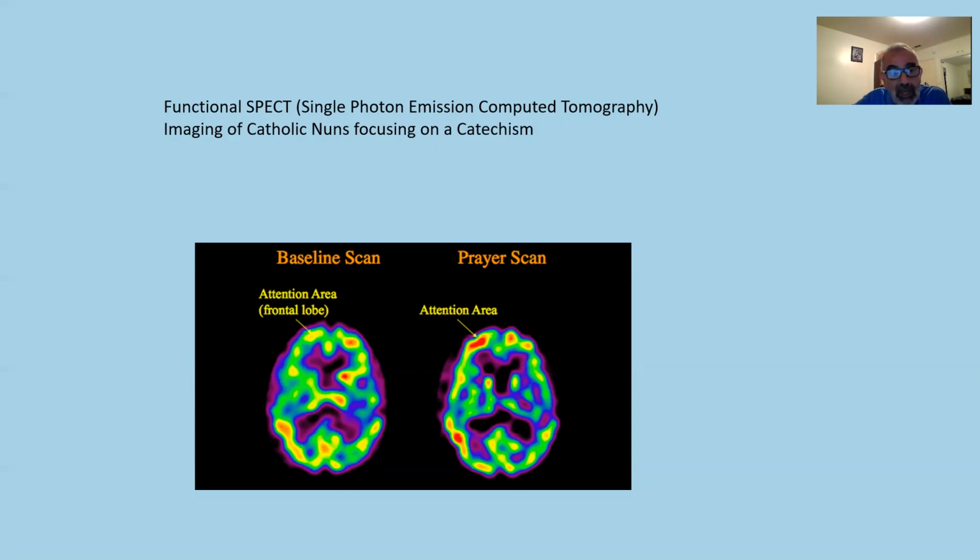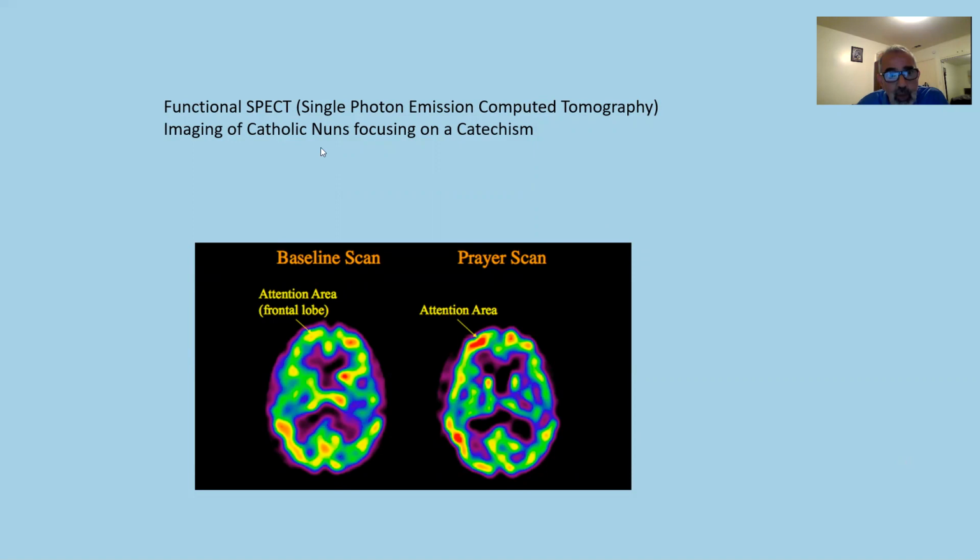The way SPECT scanning works is areas of brain activation get an increase of blood volume and metabolism, and SPECT scanning is able to measure that. The scans are not anatomically accurate like MRI scans, but they allow a much greater flexibility in what you're able to do as you are being scanned or as the radioactive tracer is being injected to map the brain. And so the way these scans work is that red areas like this or like this denote areas of increased